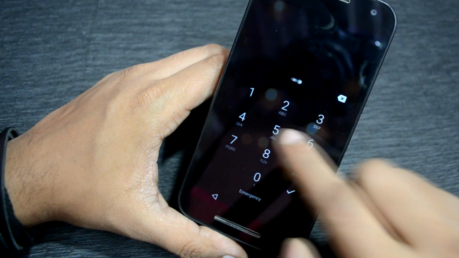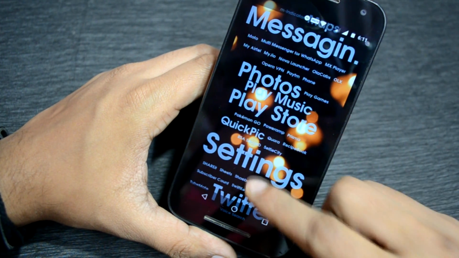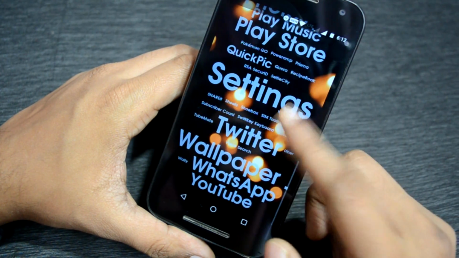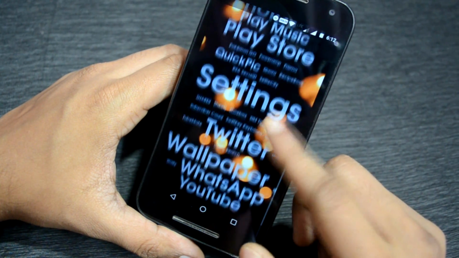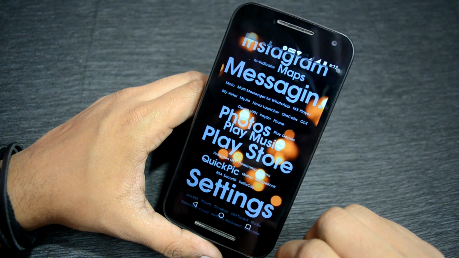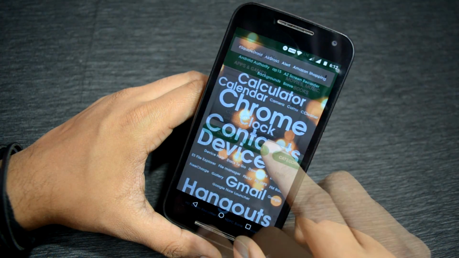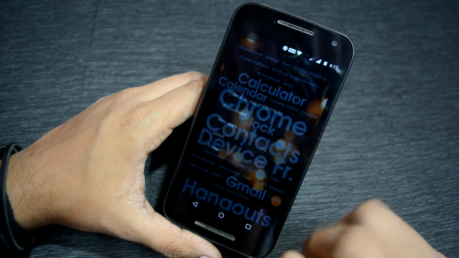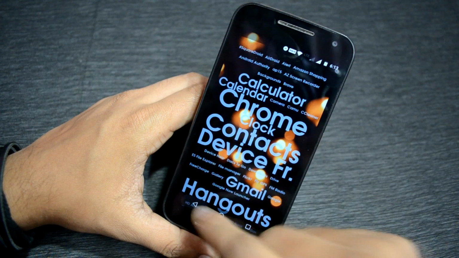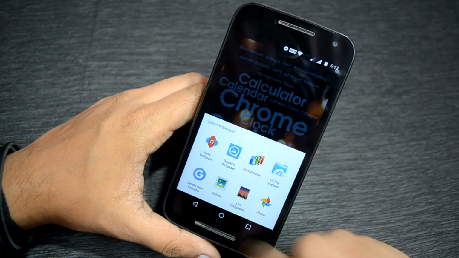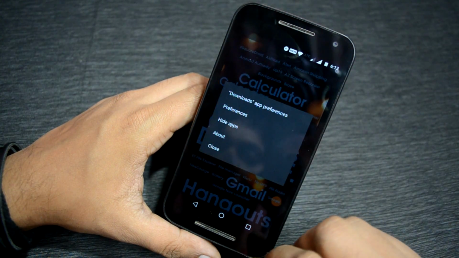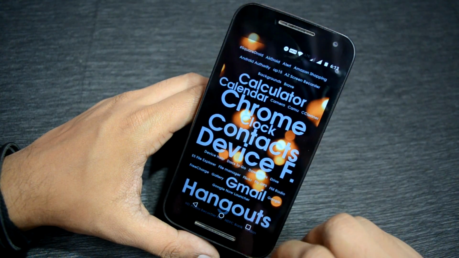Last app on the list we have AP15 Launcher. Well, the name of this launcher is a bit odd, but the launcher is very simple. You open up your phone's lock screen and you are into the launcher's app drawer. The menu which are highlighted through big fonts are those apps which you use frequently. Clicking on menu will launch the app and that's it. Well, you get some customization as well from the preference option. You can change colors, adjust the size of the fonts, wallpaper color, wallpaper image, and an option to share screenshot as well. Definitely give it a try and find out how long you can stay with this launcher.